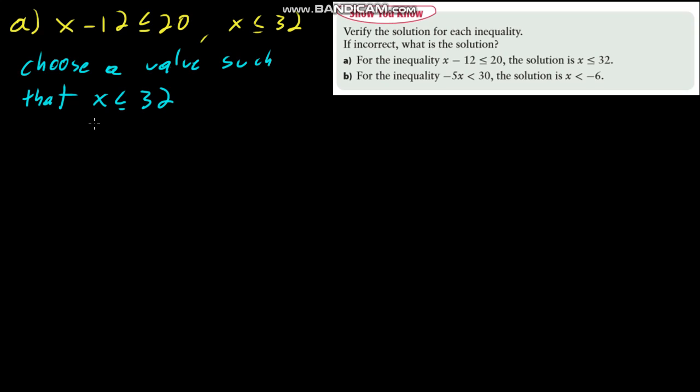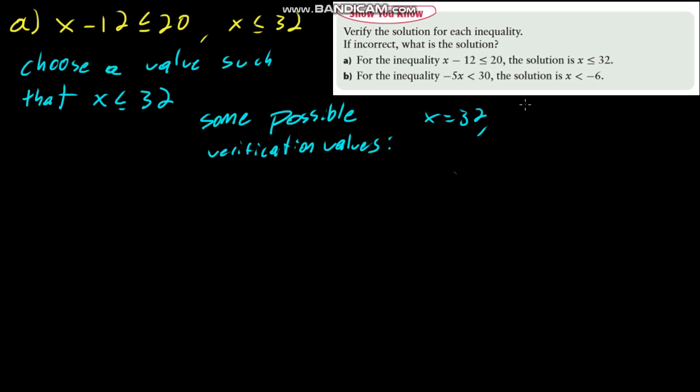Now, many of you might choose 32 straight off the bat, and that actually can be a value that you use here since we have a less than or equal to. But there are a lot of other different values. So some possible verification values: x equals 32 would be a possible one. Anything lower than 32, like 31, would be fine. 1 would be great. 0 would be fine. -1, -32, all of these values would be fine for a verification since they're all less than or equal to